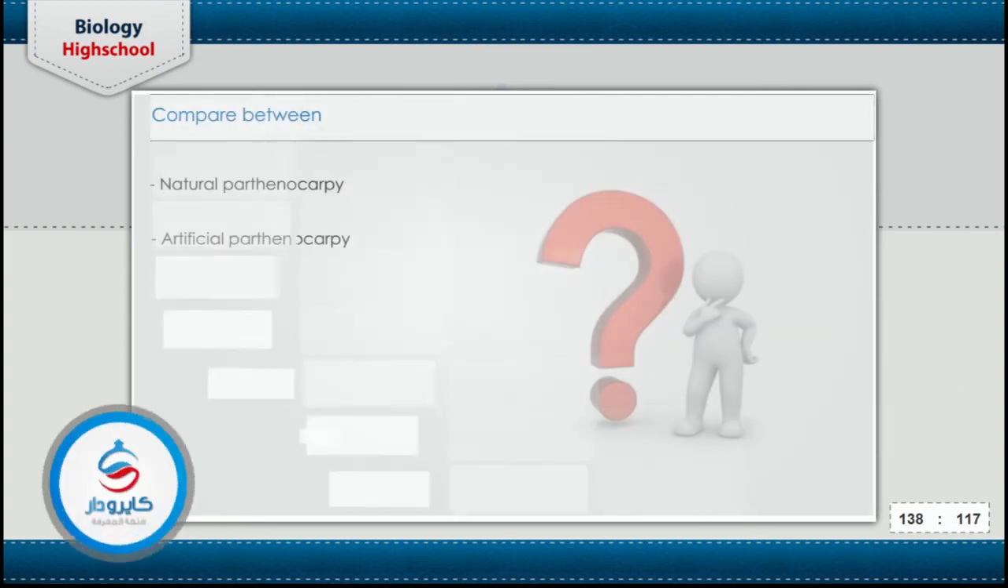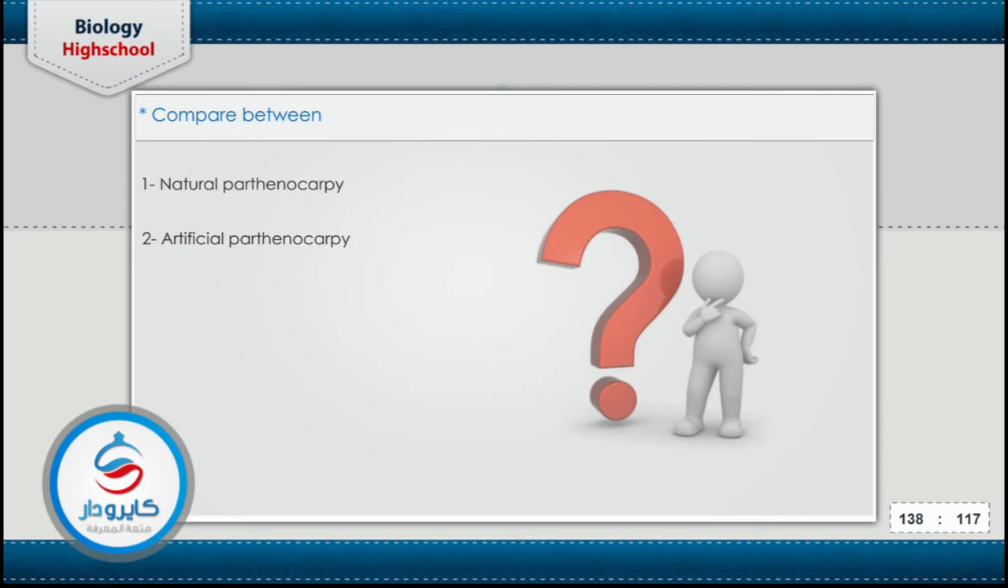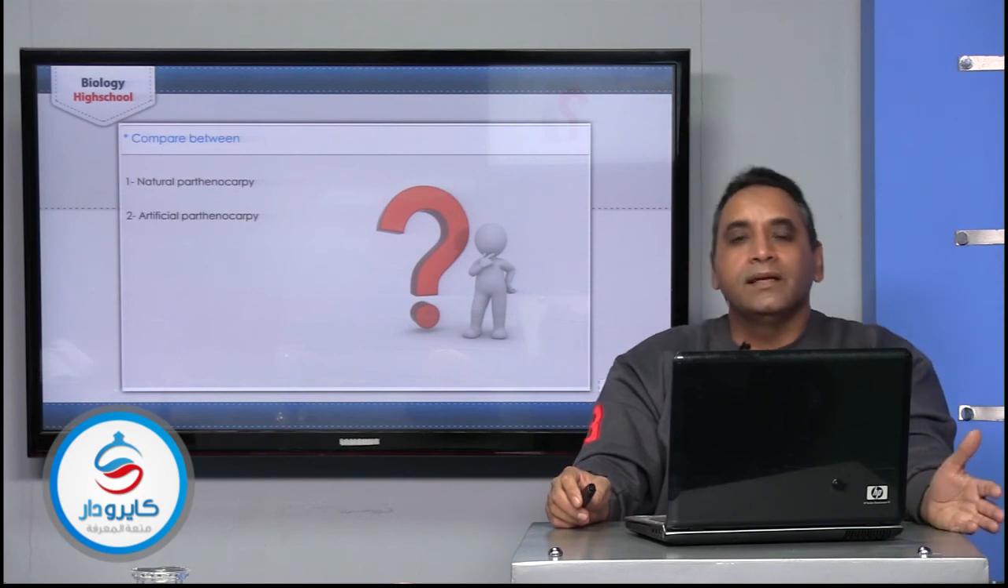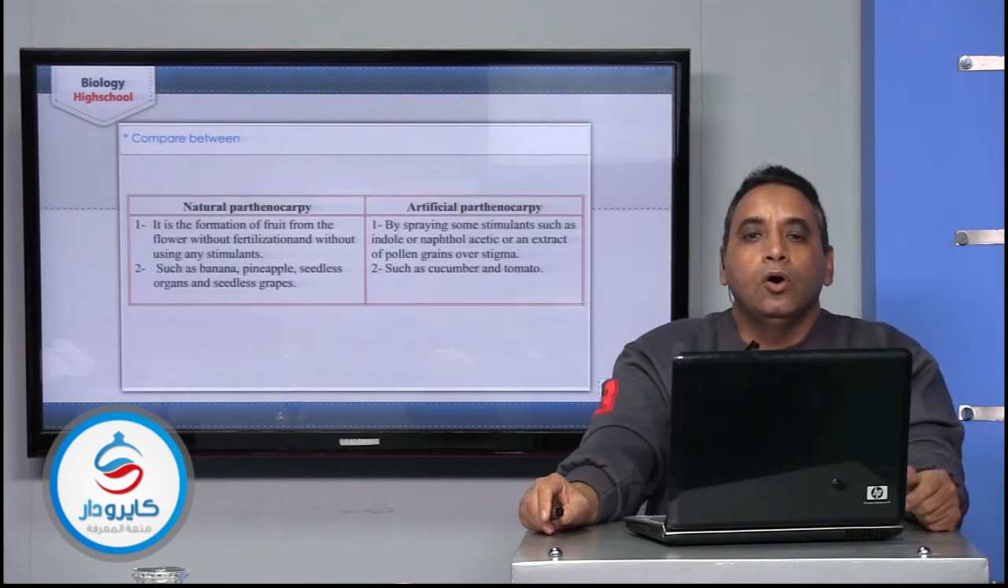The next comparison. Compare between the natural parthenocarpy and the artificial parthenocarpy. لما اتكلم في natural parthenocarpy وartificial parthenocarpy، هو مبدئيا parthenocarpy is the ability of the ovary of the flower to develop to produce the fruit without seeds or seedless fruit without pollination or fertilization. طب ممكن يحصل naturally في ايه وartificially في ايه؟ natural ده ممكن يحصل في البنانا والسيدلس اورنج والسيدلس جرابس وحاجات كتير، لكن الارتفيشال ده اللي احنا بنعمله as that in cucumber and tomato in many of the